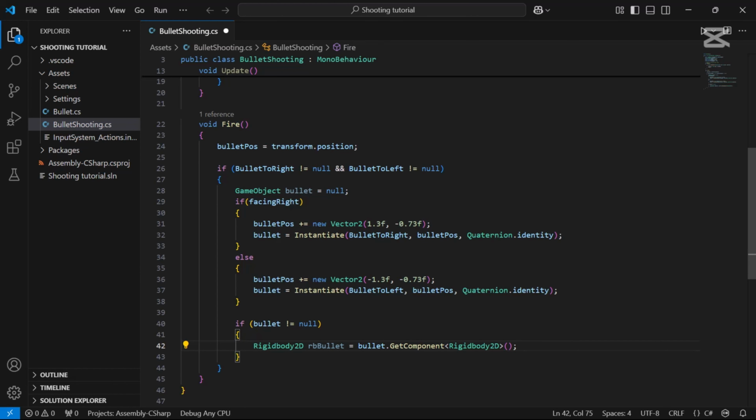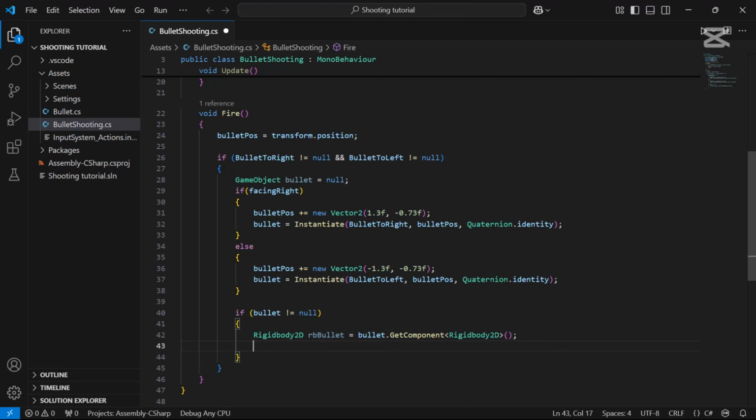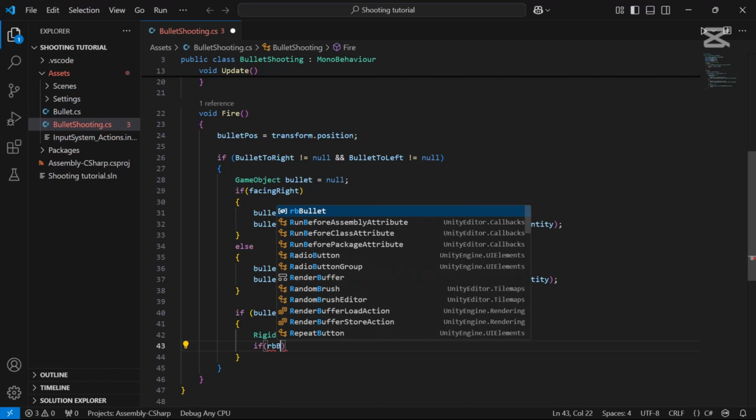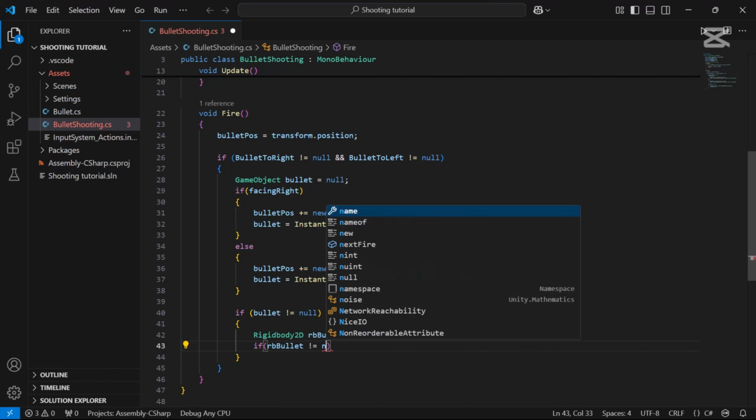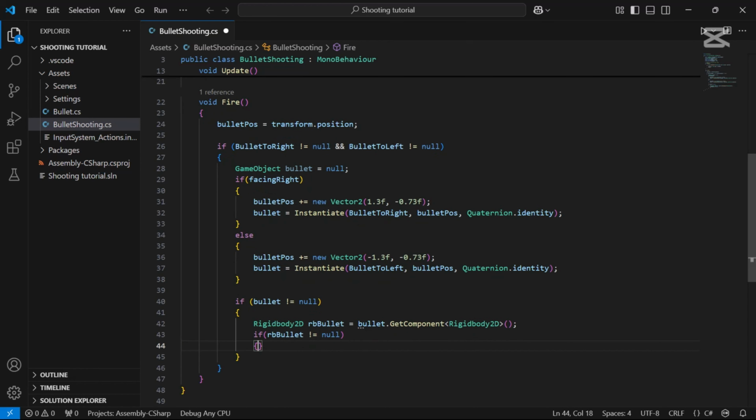Then here you want to go if RB bullet question mark equals null, then